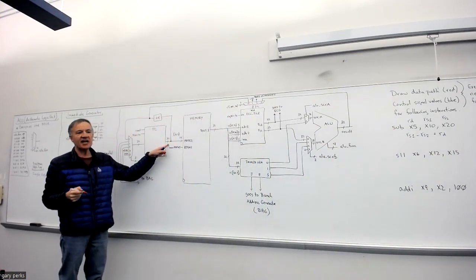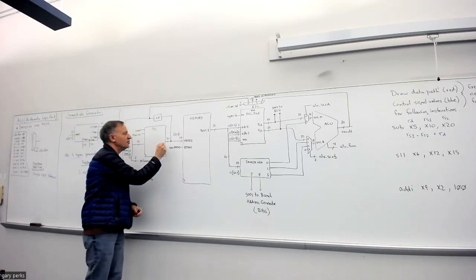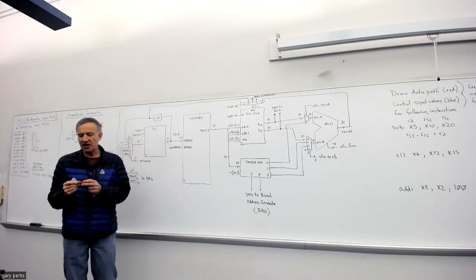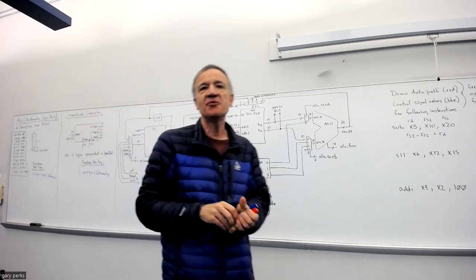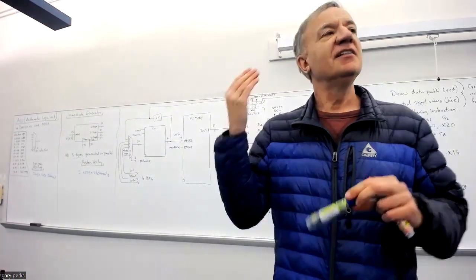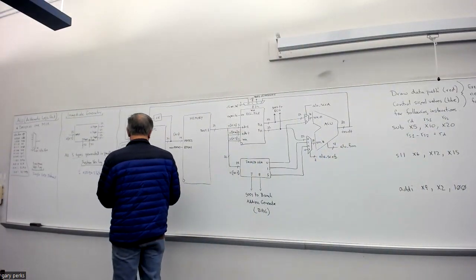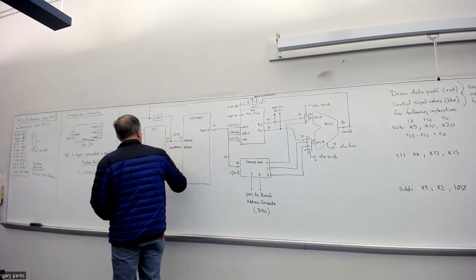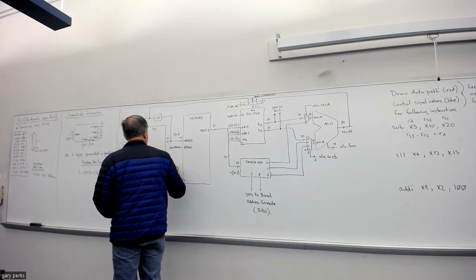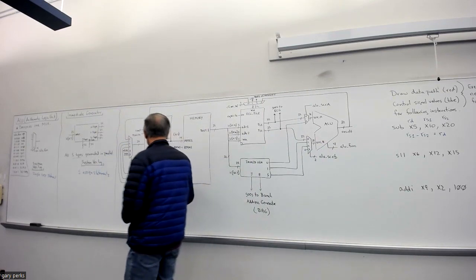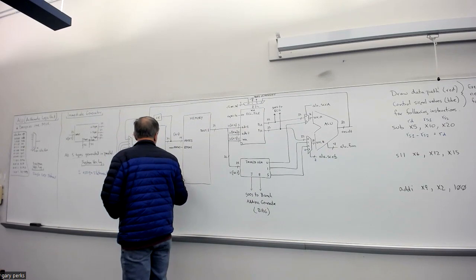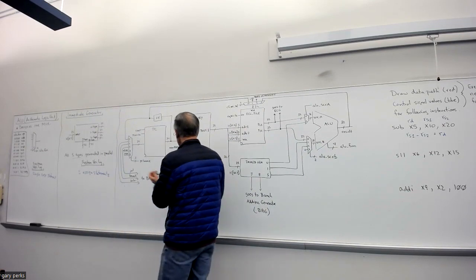We're going to start the data path here at the output of our program counter. What do we have at the output of our program counter? What does the program counter provide? The address of the instruction that's going to be executed. Here's the address of the instruction. This is just my abbreviation for instruction. And that's going to go to